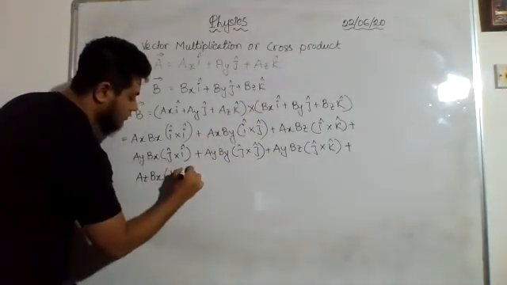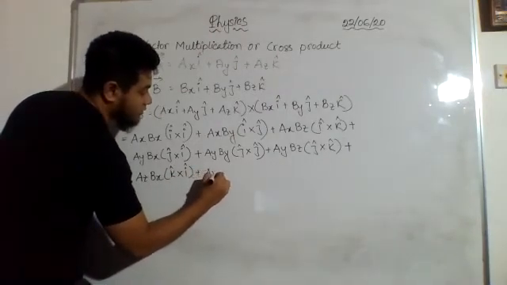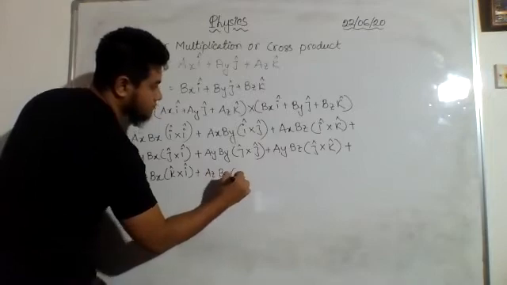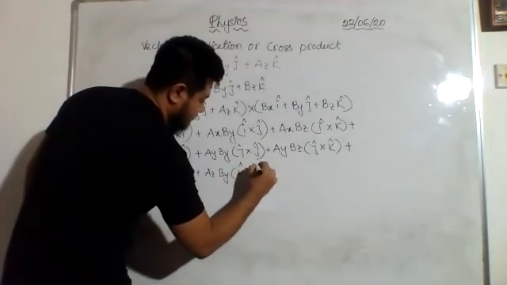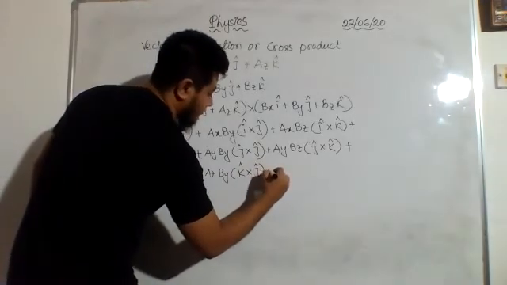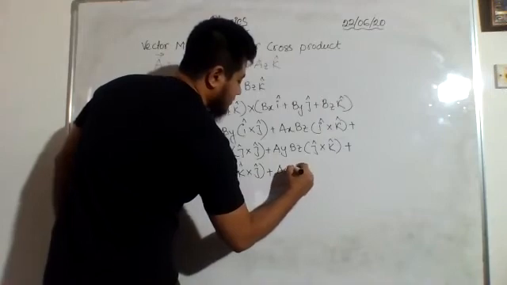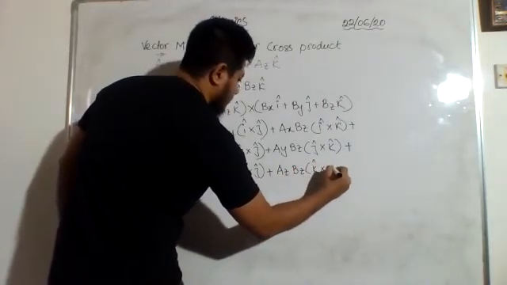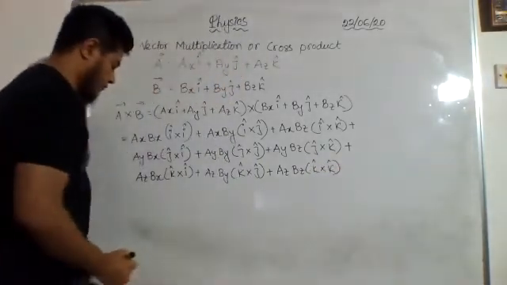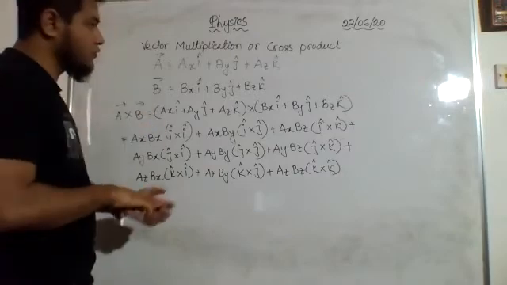So k cross i. Then az into by, k cross j, plus az into bz, k cross k. Now from here, what we can write, now if you remember